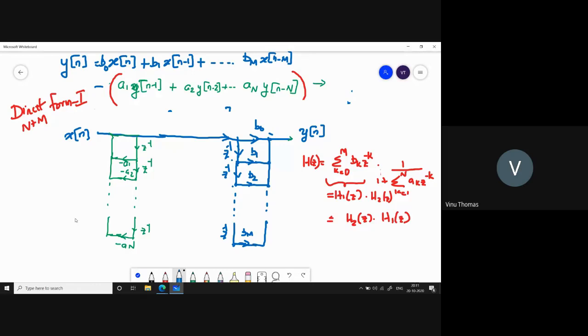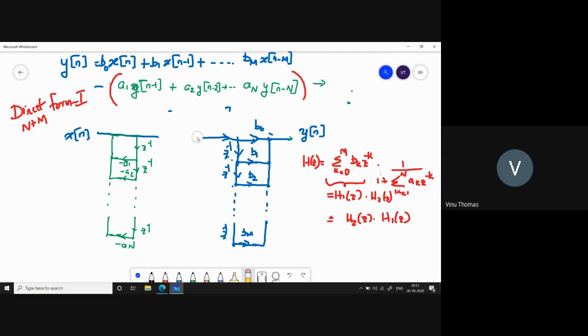See, I have just interchanged the order of implementing the numerator and the denominator. So here what we will do is we will implement the denominator first and then the numerator. Is this understood? Yes, sir. Okay, so we have just interchanged the order of implementation of the structure. So I'll bring this closer, and there is a reason why we are going to bring this closer.